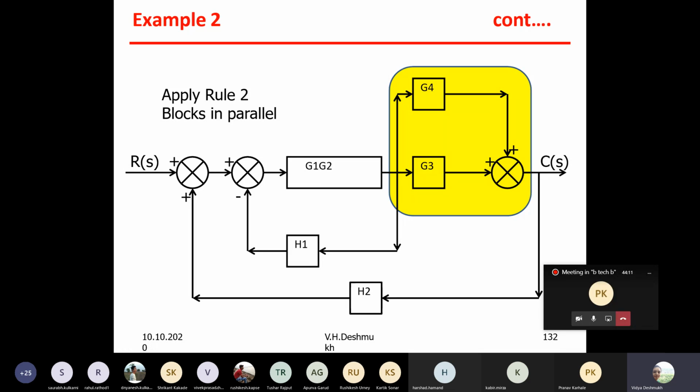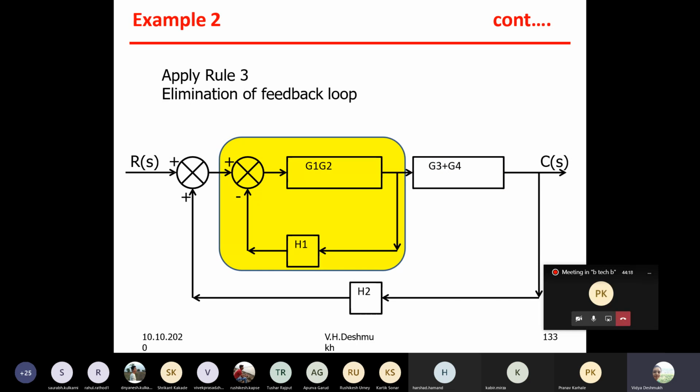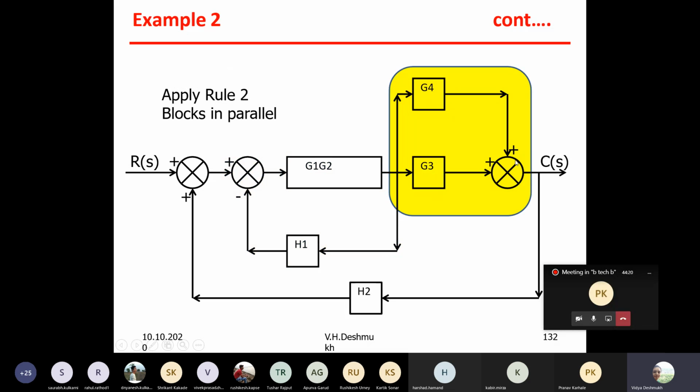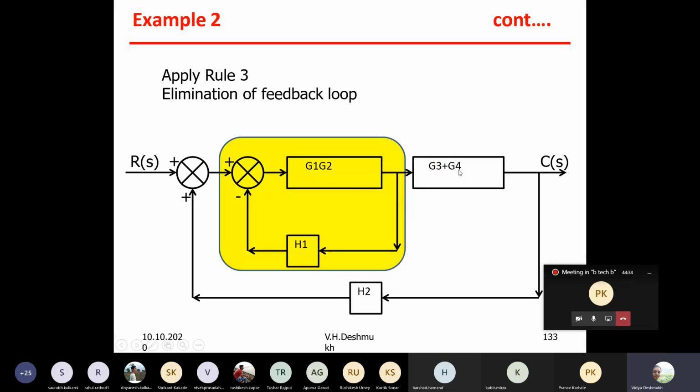So these two blocks now are replaced with just G3 plus G4. While solving the problem, you have to carefully observe the sign written above the summation point. Here it is plus and plus. If it is minus, you have to write down G3 minus G4 there. Now these are the two blocks which we again have to reduce by using rule number 3,